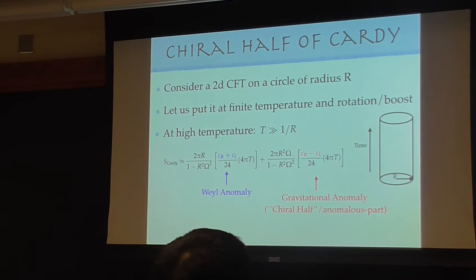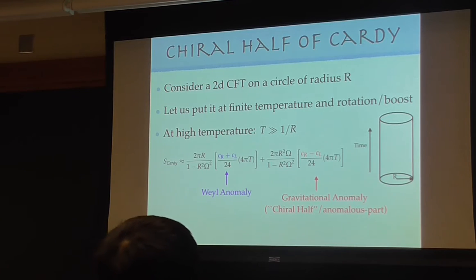To put all these pieces into perspective, let's consider the 2D case that we understand reasonably well. Consider a 2D CFT on a circle of radius r. When I say put it at finite temperature, I mean you either do canonical quantization and count the states using the Boltzmann factor, or you do a path integral over S1 cross S1, where one S1 has circumference beta, which is 1 over T, and the other has radius r. So given a CFT, compute the torus partition function and you spit out a result. In 2D, this result has a very interesting form at high temperature.